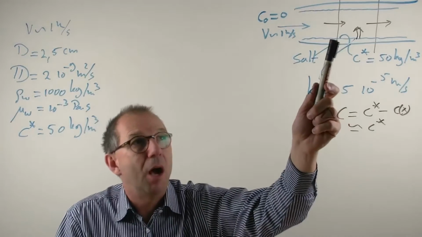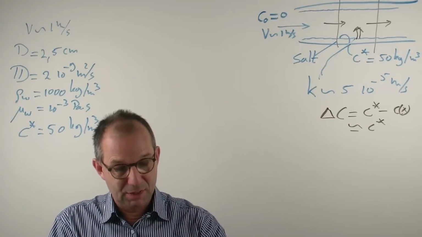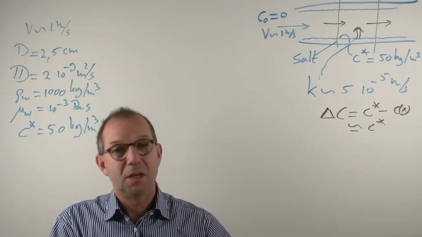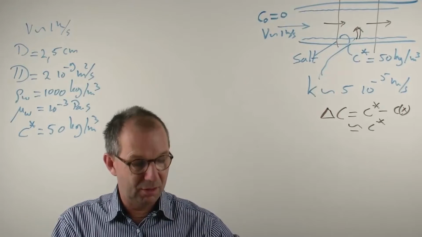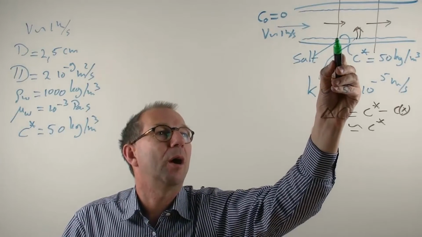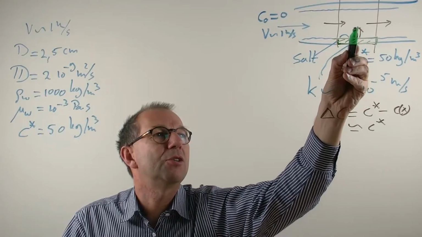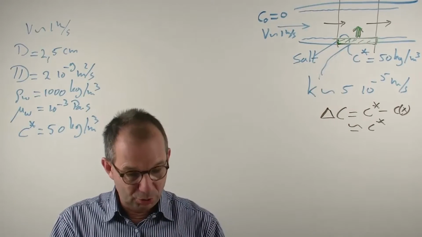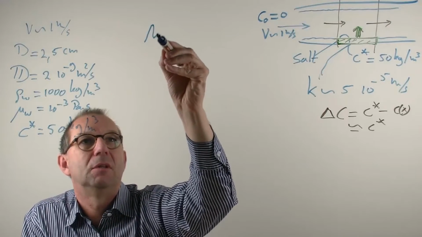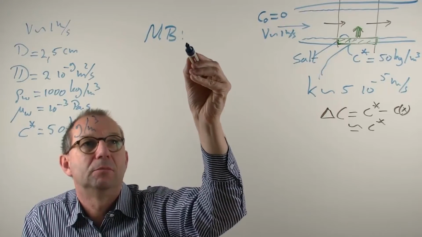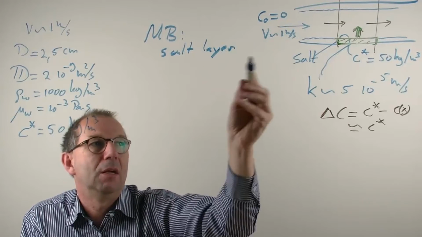To find out how fast this layer is dissolving, I need now to set up a balance that deals with the layer itself. In the previous example, we dealt with a mass balance for the salt in the liquid, but now our control volume is a part of that layer, and out of that, salt is disappearing. So I'm going to make a mass balance now for the salt layer,